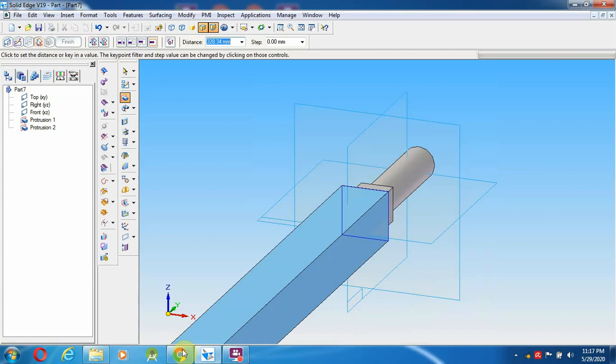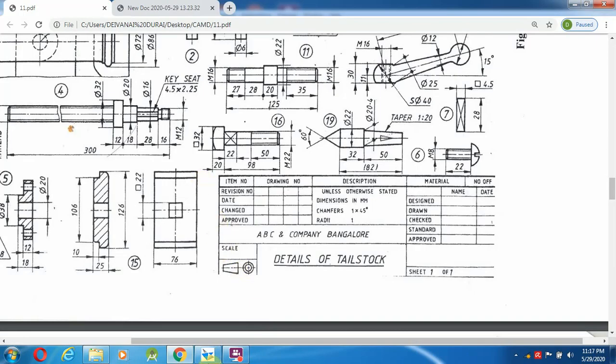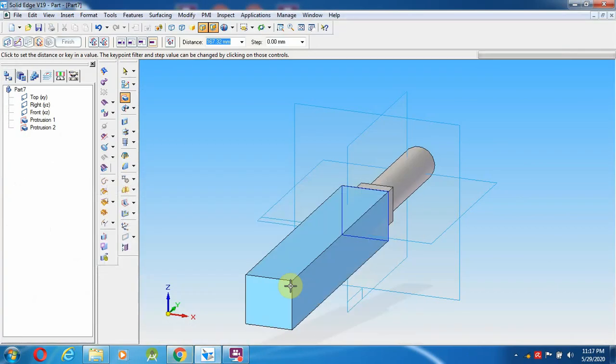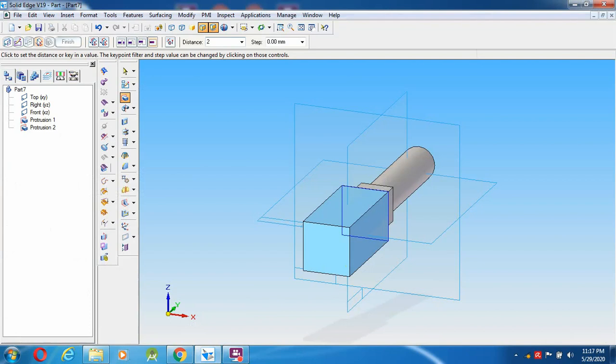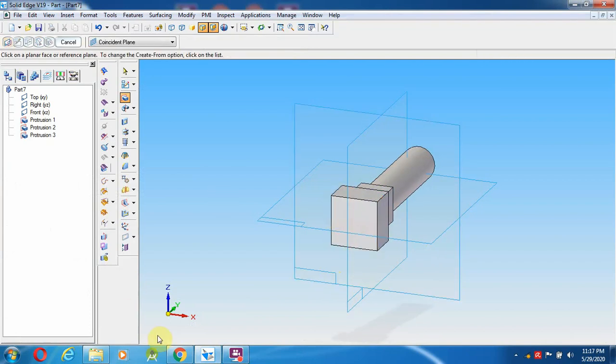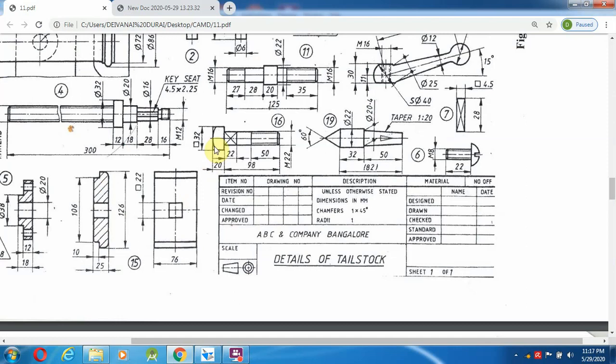So how much mm this has to create the depth? 20 mm. So after creating this, if you see over here, that corners, they are making as small curved edges.